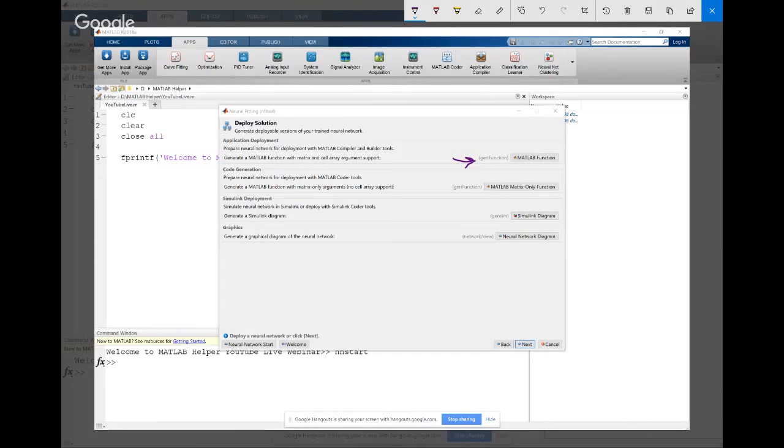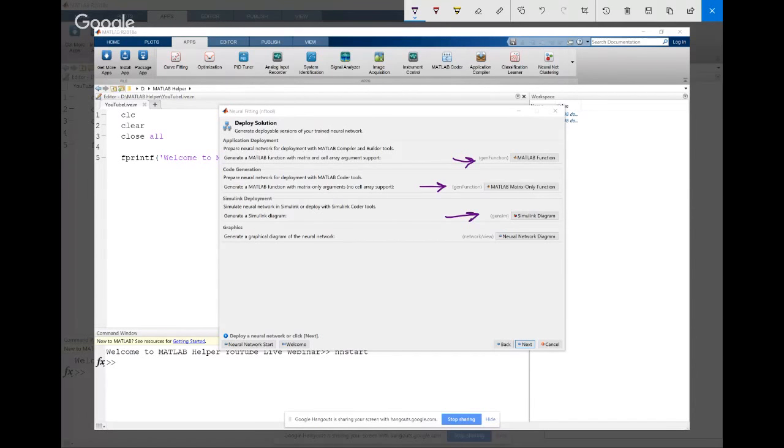The next is code generation, which will create code similar to the first one without the matrix arguments. So there won't be any cell array support in this MATLAB function. The third one is the Simulink deployment.